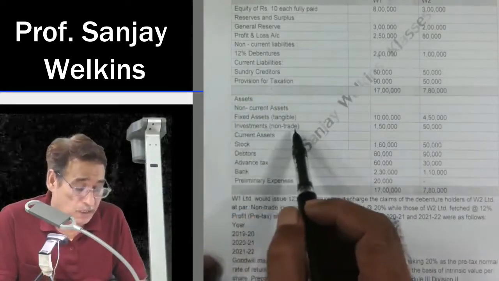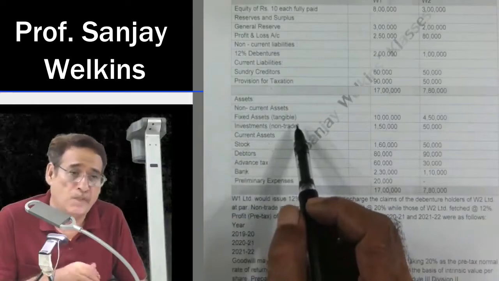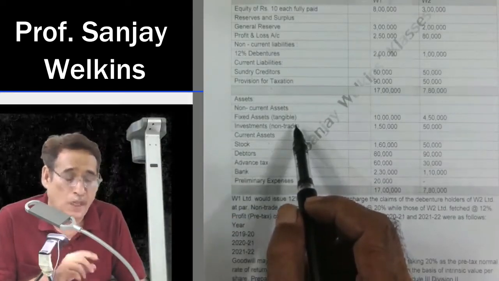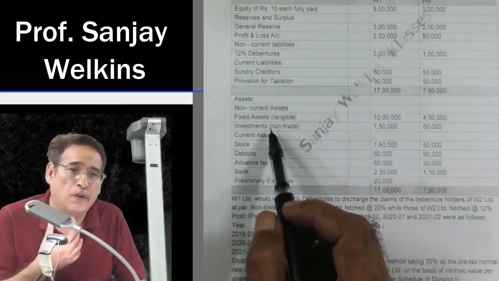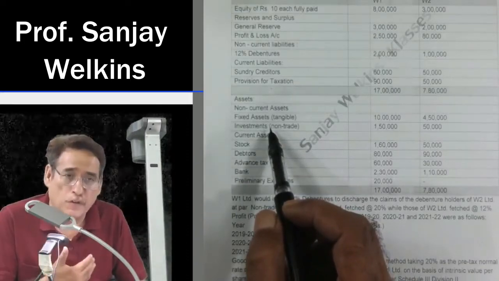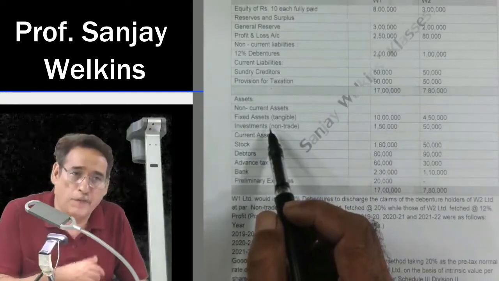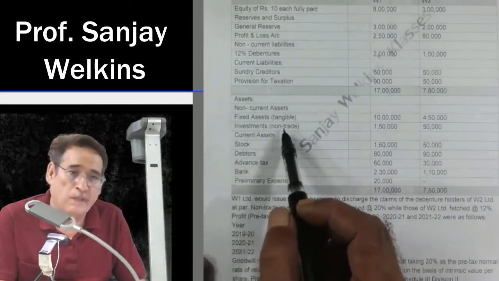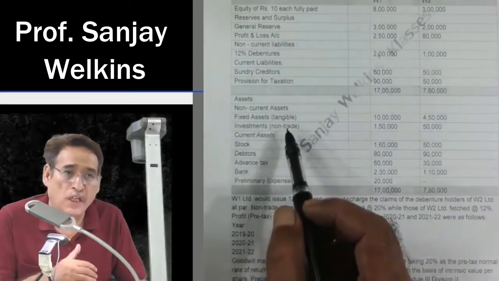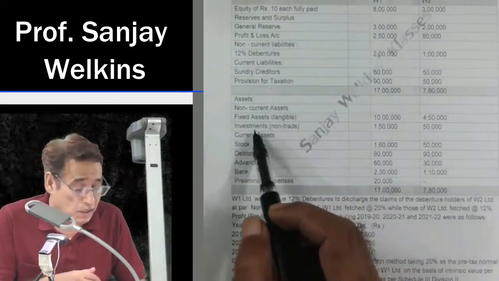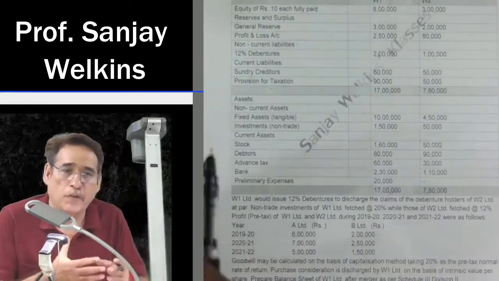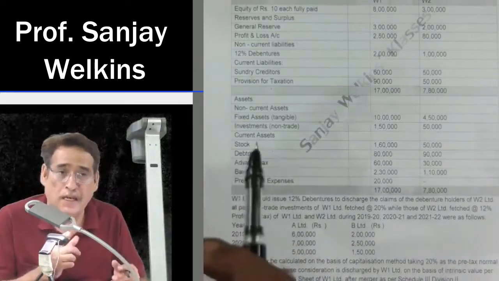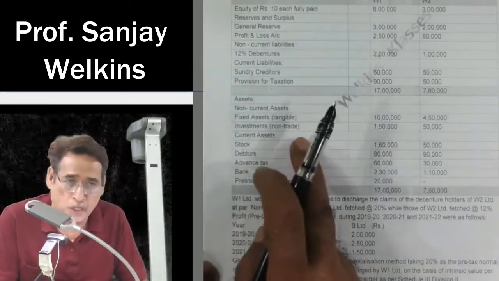99.99% investments are always non-trade. However, investment could be trading only if in the bracket it would be written for replacement of debentures, for redemption of debenture, or for replacement of a particular asset. If in the bracket sometime on rare occasion it may mention that investment for the purpose of redemption of debenture or investment for the purpose of replacement of an asset, in that case investment will be considered as trading, because